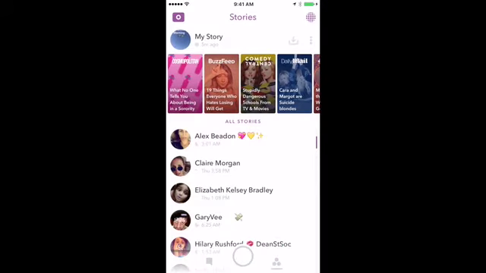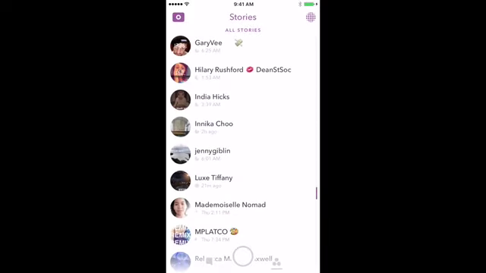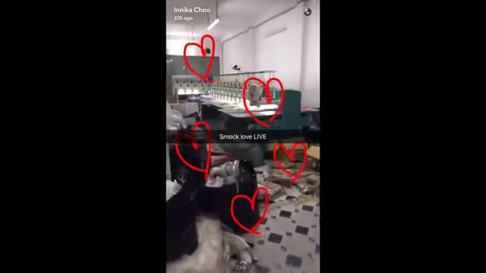So I've just swiped up to get back to this, and then swipe right to come here, which is all your stories, kind of like your Instagram feed. This is where you would come and see everybody that you're following and see their stories. One thing to note is that, see, I'm watching Inika Chu at the moment, and then it'll just automatically move on to the next person in your list,